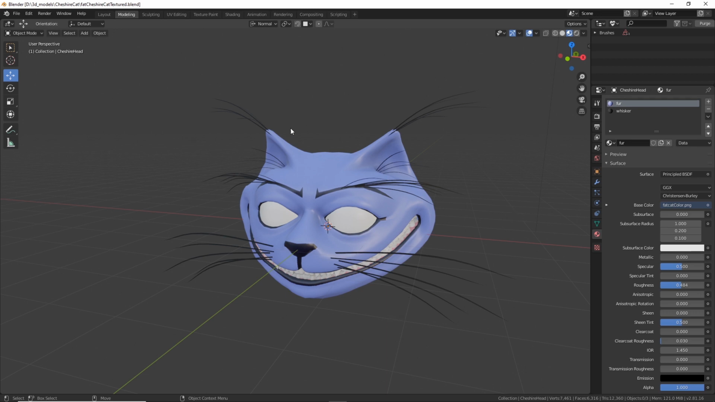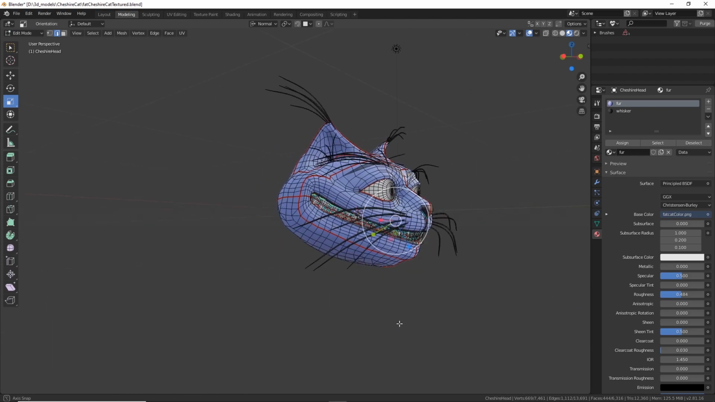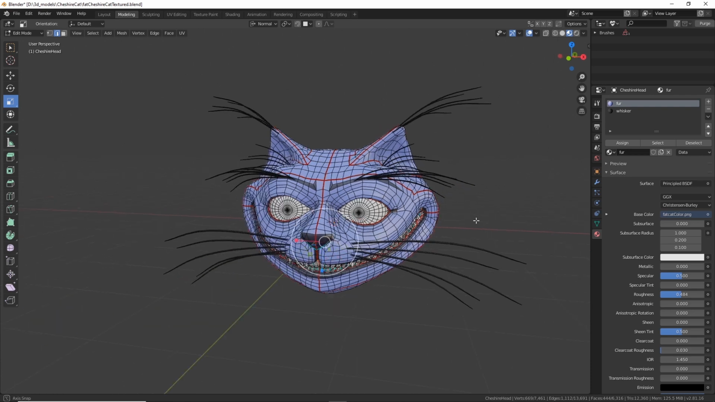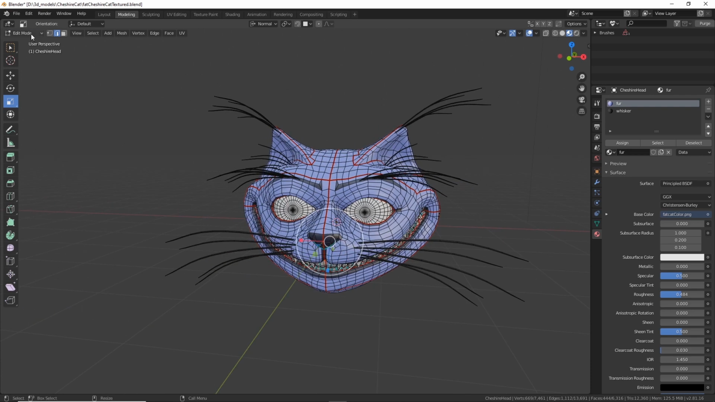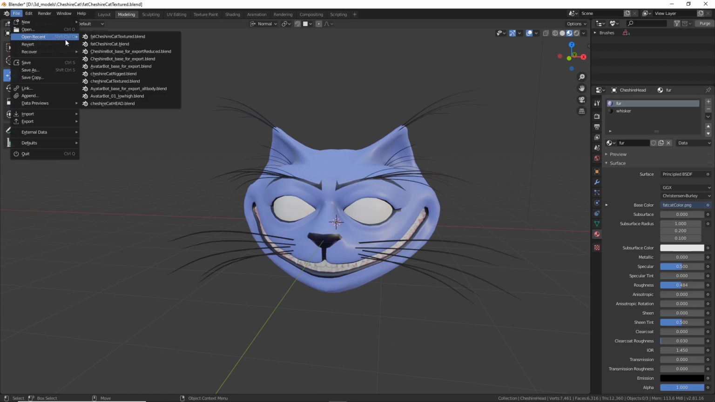So what we have is this Cheshire Cat model. I've done a bunch of retopology based on a sculpt, so he's fairly low poly. And then I added these whiskers off of the sides. So what we're going to show you is, let's open,